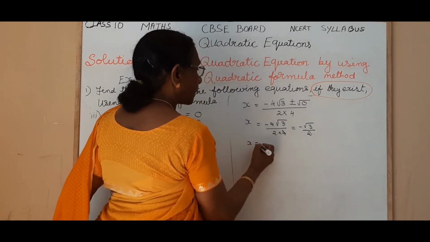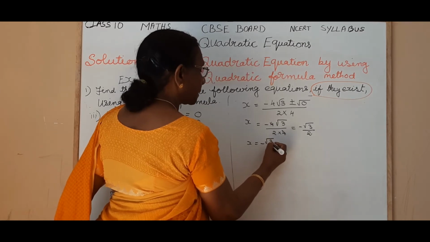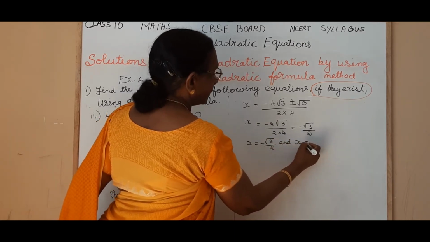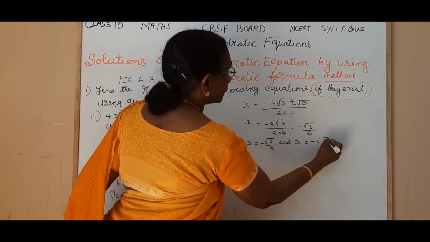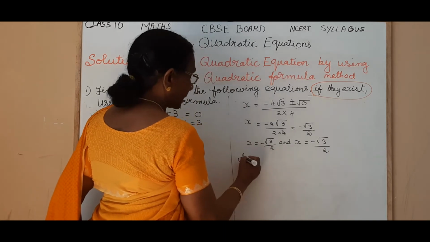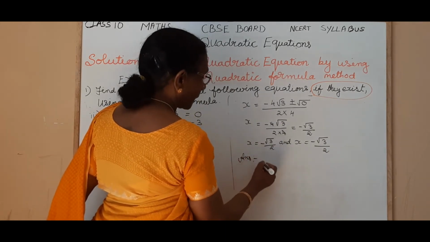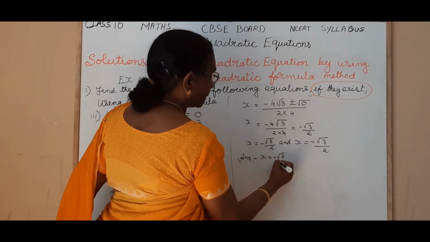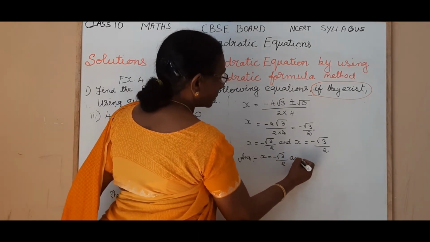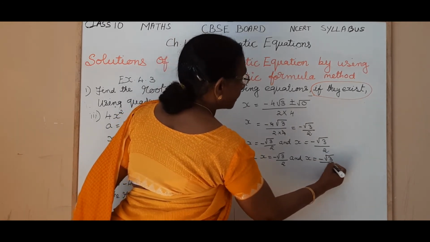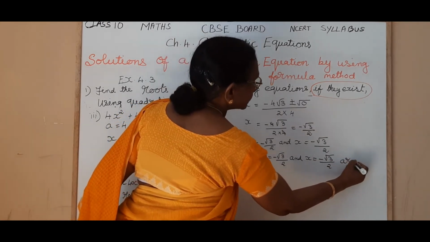So x is equal to minus root 3 by 2 and x is equal to minus root 3 by 2. So the answer: x is equal to minus root 3 by 2 and x is equal to minus root 3 by 2,